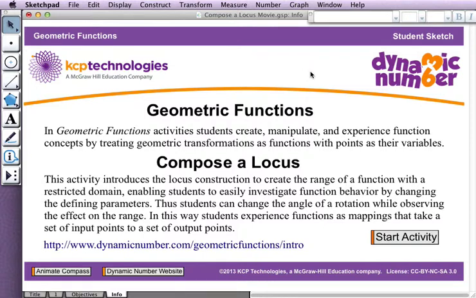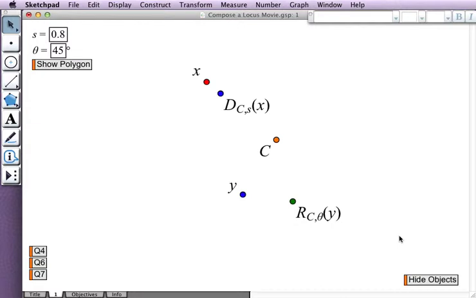Because the locus is a construction rather than a trace of the range, we can use it in more powerful ways to investigate changes in the domain or changes in the parameters that we've used to define the functions. Students start the activity from a blank sketch, but I've short-circuited several of the constructions. In this activity, we're going to review function composition. We're going to restrict the independent variable to a domain and then construct a locus to investigate the behavior of